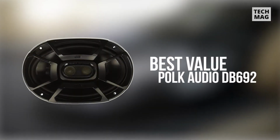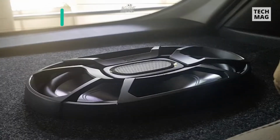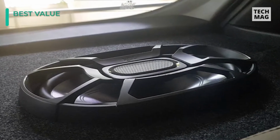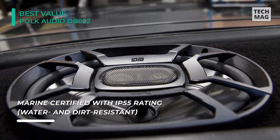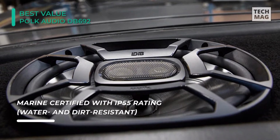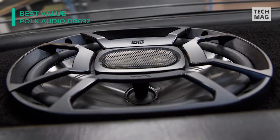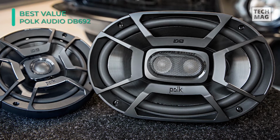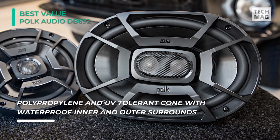Polk's DB series speakers are amongst the most popular 6x9 car speakers on our list. What we love so much about the DB692 is its versatility. They're made with a unique blend of materials that are excellent for outdoors and in normal wheels as well. A polypropylene UV-tolerant cone makes it exceptional for use in areas that have tons of sunlight, and with waterproof inner and outer surrounds, they're marine certified and water resistant, making them an optimal option if you have a boat or